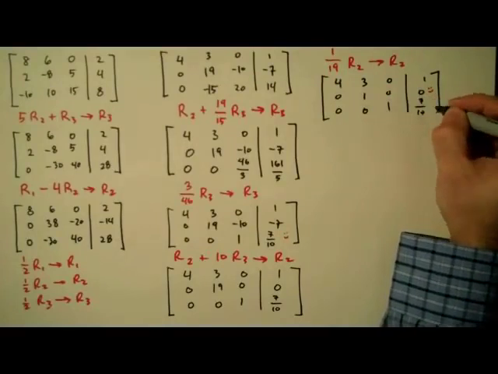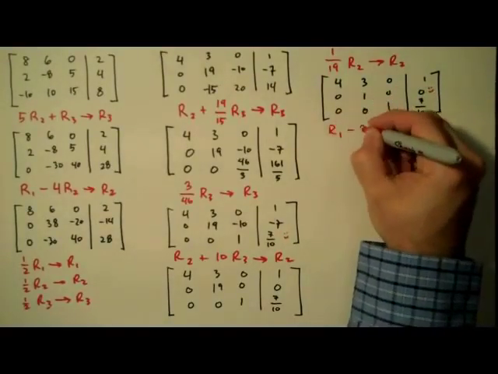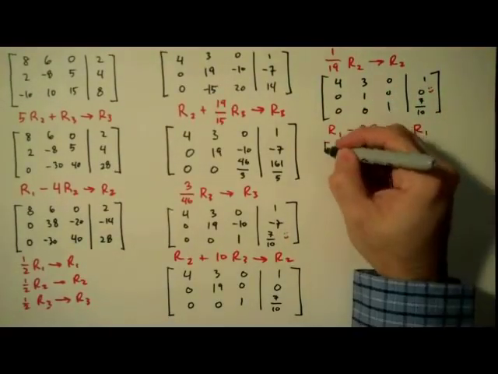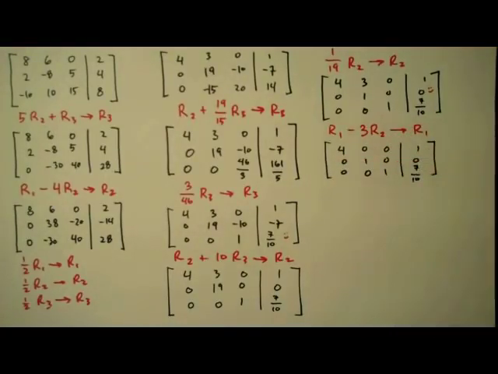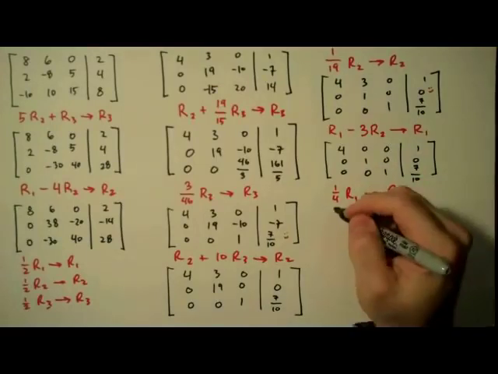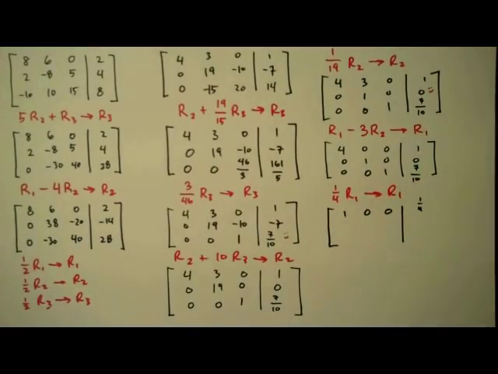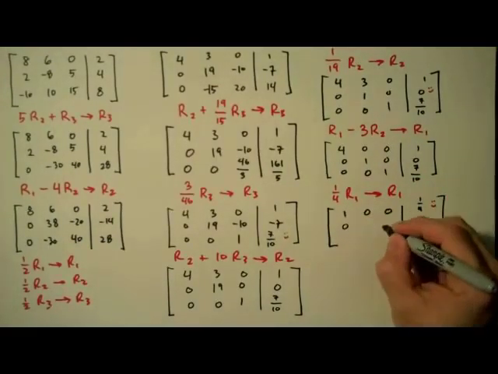Yeah, smiley face. Okay, now we're going to take row 1 and subtract 3 times row 2, and replace row 1 with the result. This gives us a 0 in the second column of the first row. We're almost there. Last thing we're going to do, multiply row 1 by 1/4, and then our matrix is in